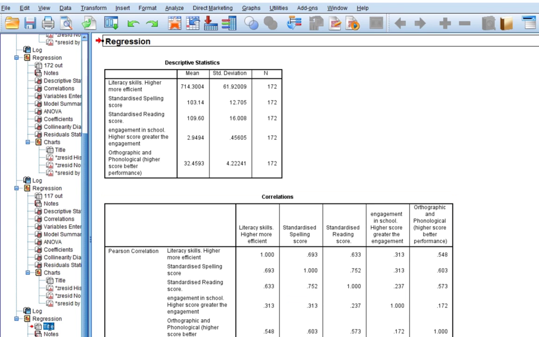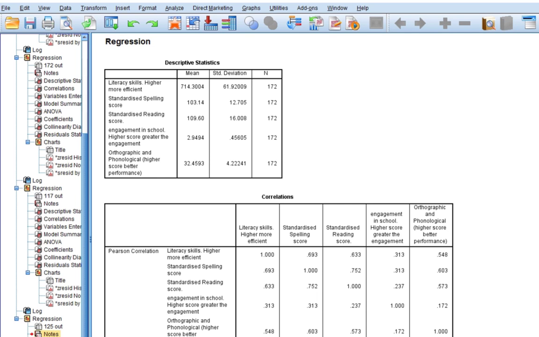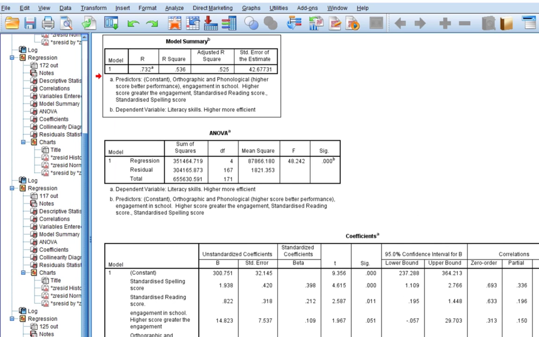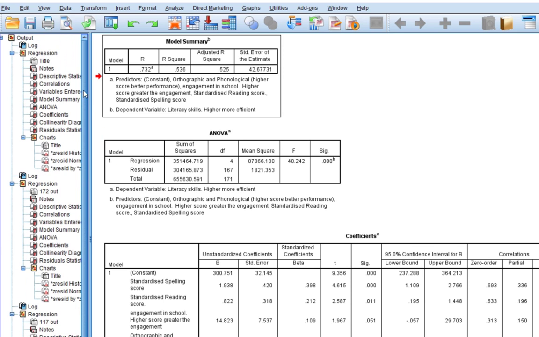Title. This is 125. Out. Okay. This time the model summary says 0.536, was originally 0.539. And there is no change there. Okay, coefficients